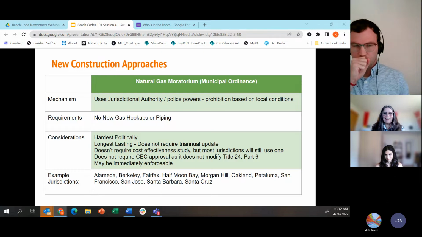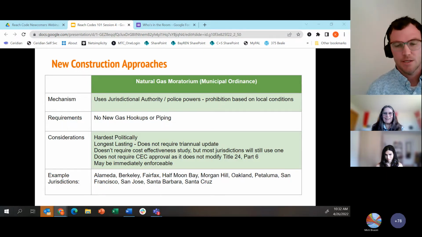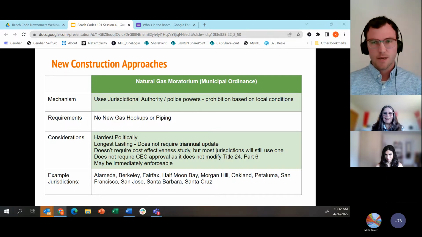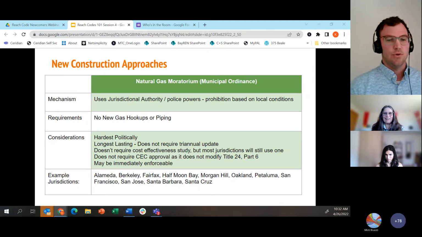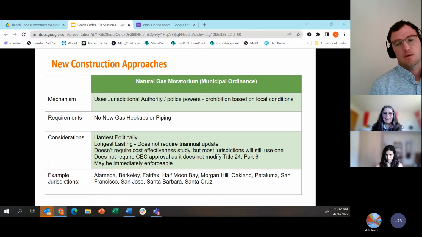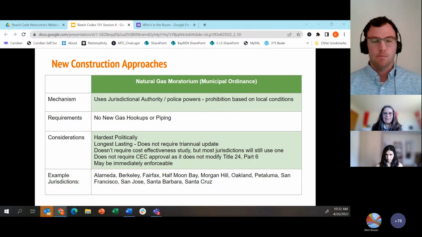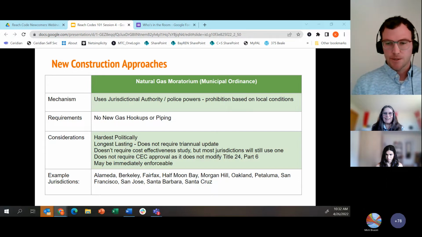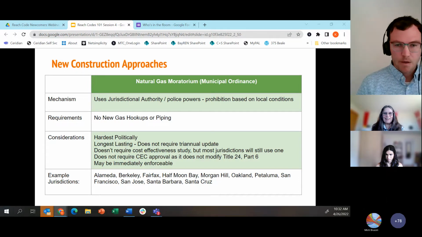There are numerous resources that will be attached to the end of this presentation that are links to the staff reports and the ordinances themselves for follow-up, but wanted to include some example jurisdictions here. Next slide.